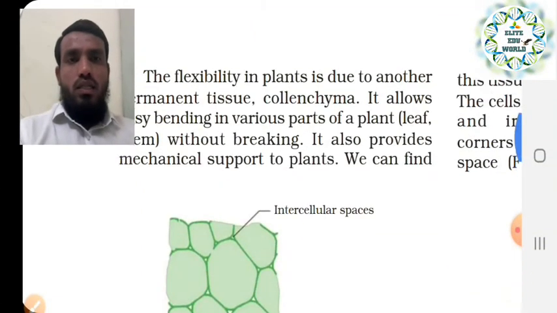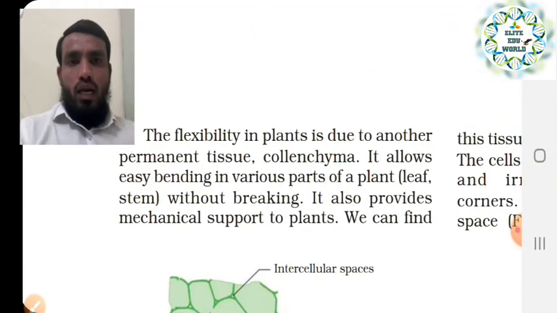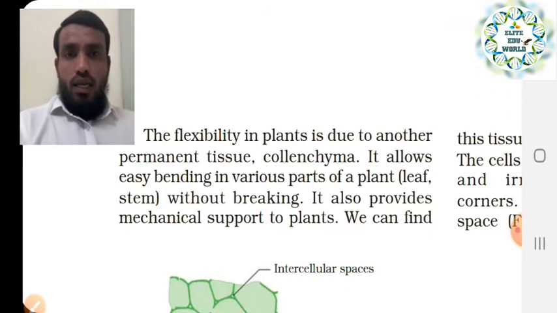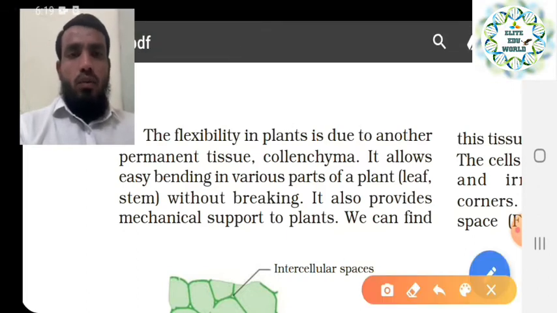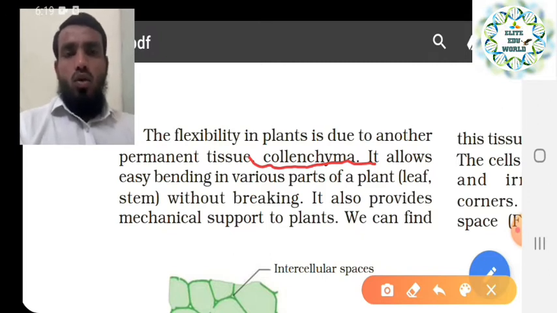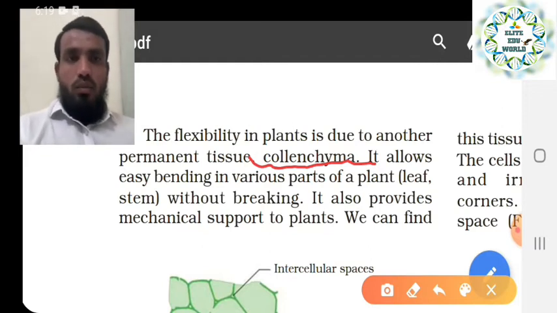Then we will start the second type, that is called collenchyma. This is the second type of simple permanent tissue. So what is collenchyma? The flexibility of the plant. As we see, plants are very flexible and cannot break down very quickly. This is provided with the help of another permanent tissue, collenchyma. So collenchyma is the second simple permanent tissue. It provides strength and flexibility to the plant, and it allows